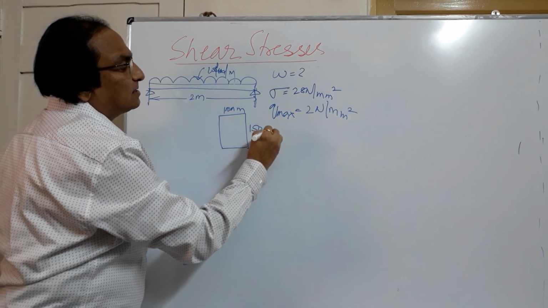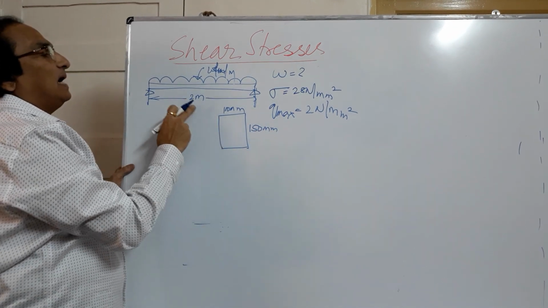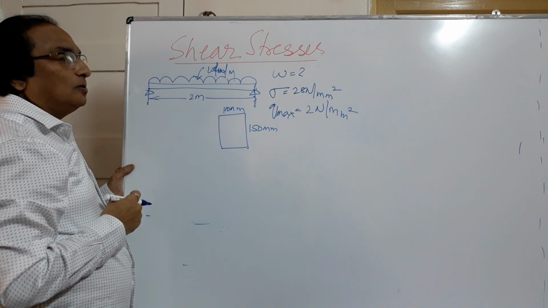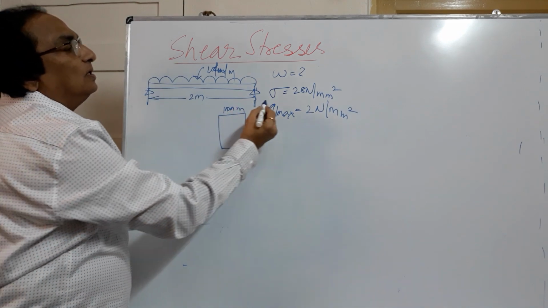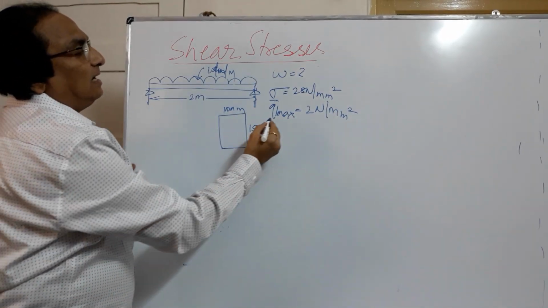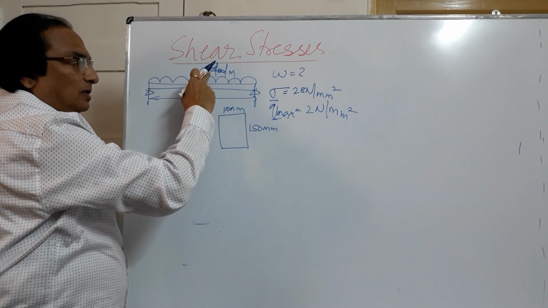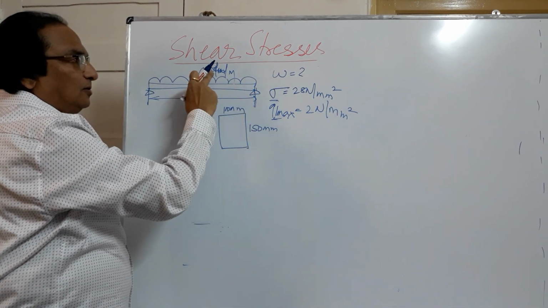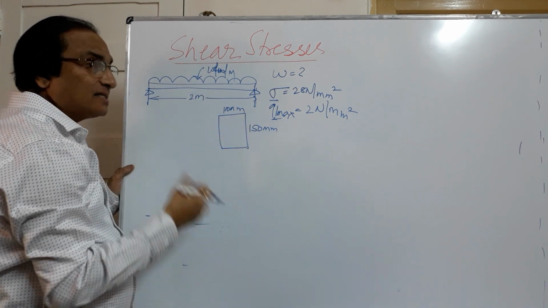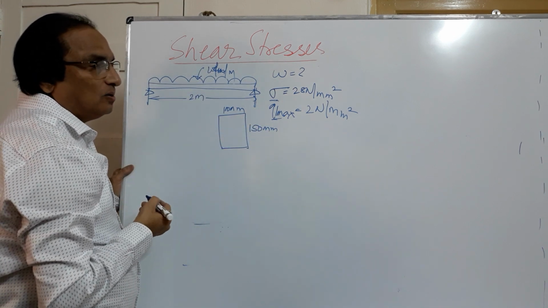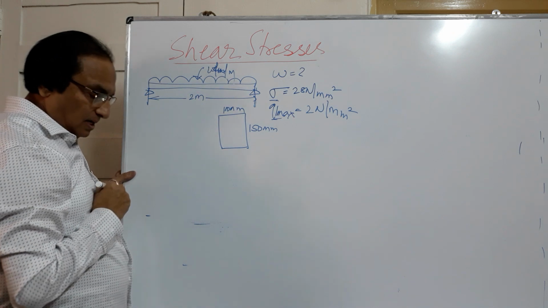So in this case, cross section is given, span is given, you are required to find out the load. Two conditions are given. One is the bending stress and another is the shear stress. So you will be finding out UDL for bending and UDL for shear, and whichever is the less, that is the UDL that can be permitted.